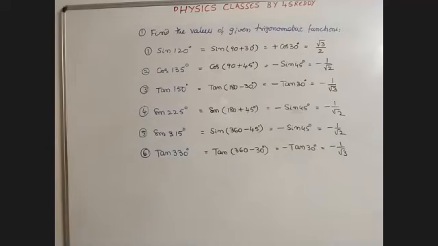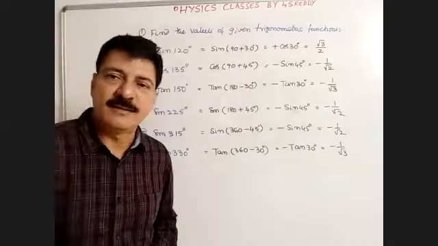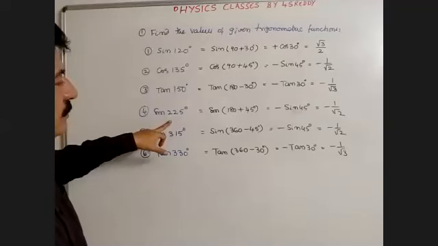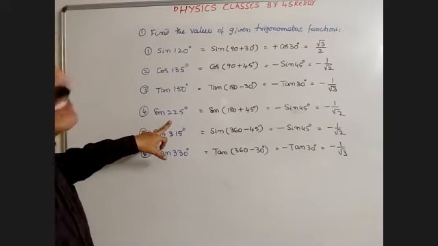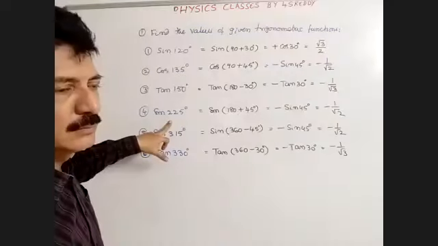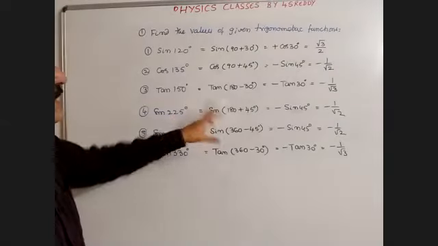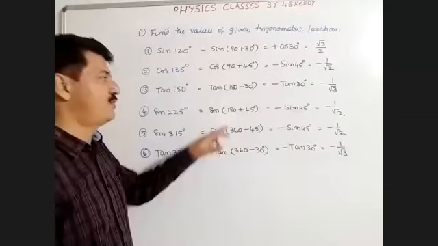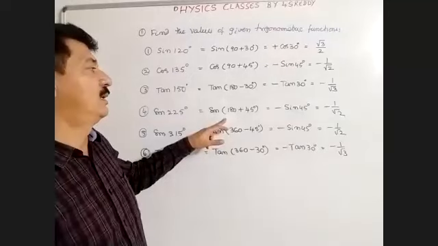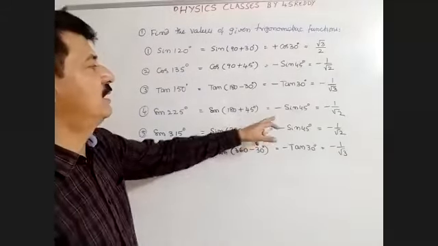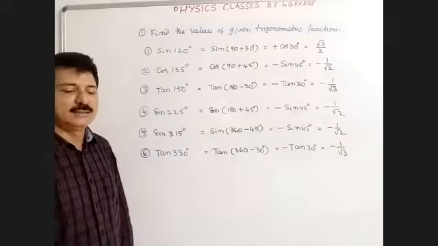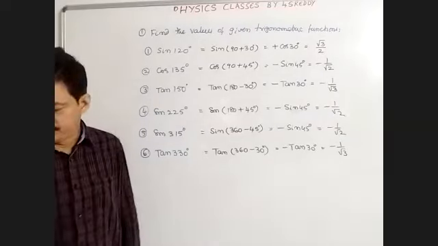Hello, sir. Sir, in the fourth one you gave us sin 225. Sir, I took sin 270 minus 45. Okay, sir. 270 minus 45 becomes 225. Okay, sir. 270 minus 45, if you write, that lies in the third quadrant. In third quadrant only tan is positive, so function changes to cos 45, minus cos 45. Again, you are going to get the same. Am I right, sir? Yes, sir. Thank you, sir. Okay.